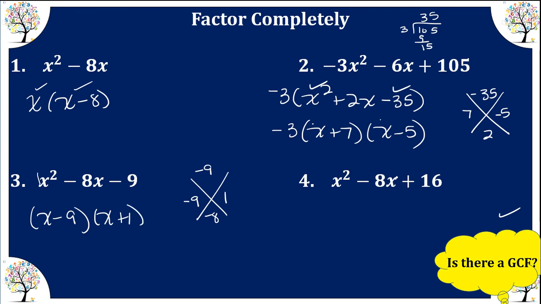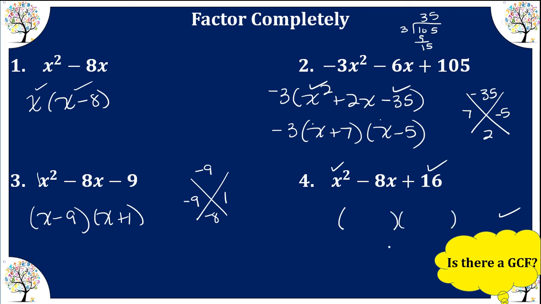Here, I recognize this is a perfect square trinomial because this is a perfect square. 16 is a perfect square. Now let's check the middle term. This has to check out. The square root of 16 is 4 times the x here, that's 4x, and doubled is 8x. So I simply